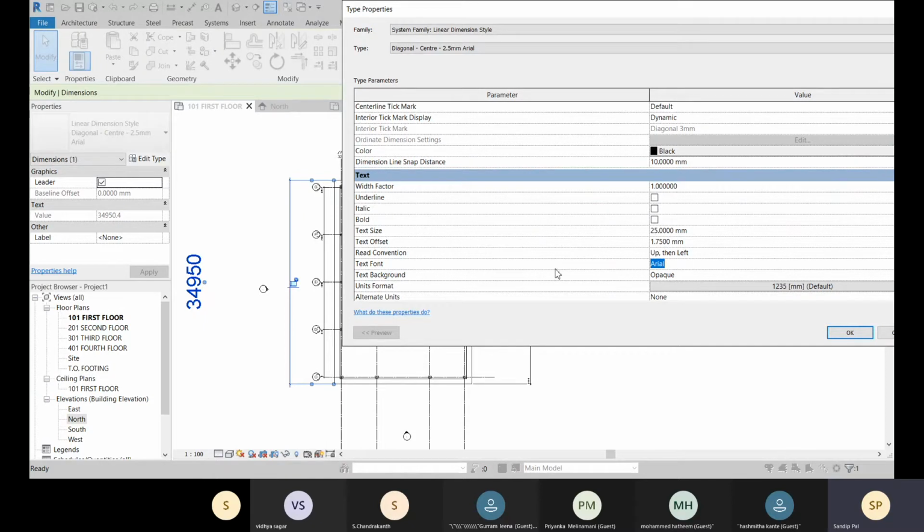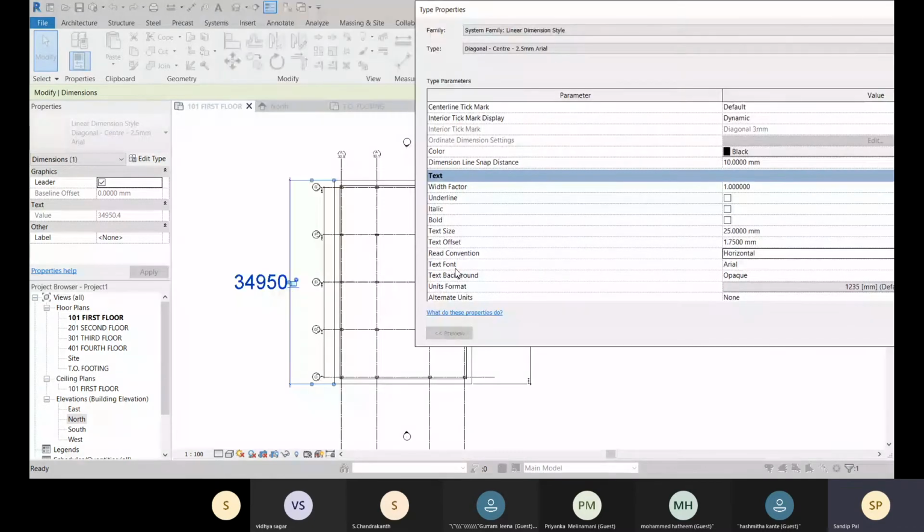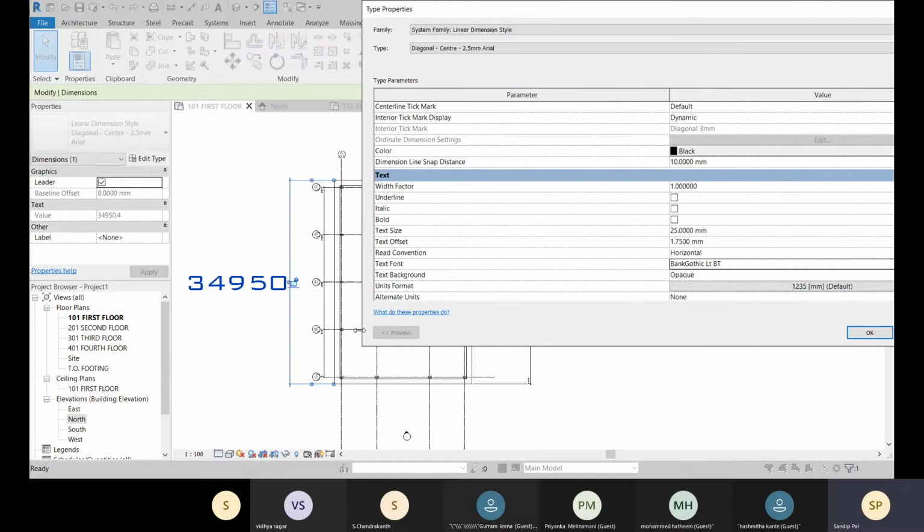Okay, I'm okay with that. If you need to change it, here you have this horizontal, let's click on apply, and here you can see it. And about the font, that is Arial. Now you can change it to whatever you like. Okay, so let's go for it, and here you can see.